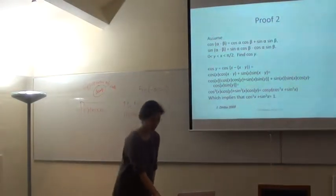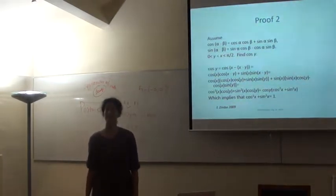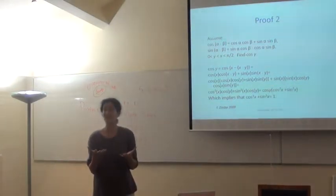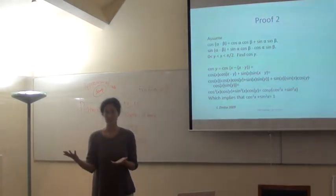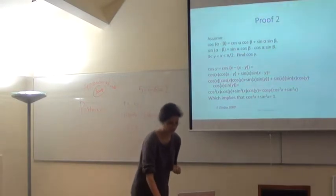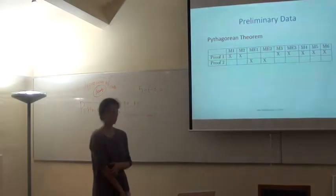Okay, so this is an example which I think is not very explanatory, an example that doesn't have intrinsic fit because the proof doesn't have anything to do really with what the Pythagorean theorem is about. It proves it, but it goes outside the domain. It uses trigonometry, and you don't really get an insight into why it's true. It's cool, I think. It's very beautiful. But so, very circular because